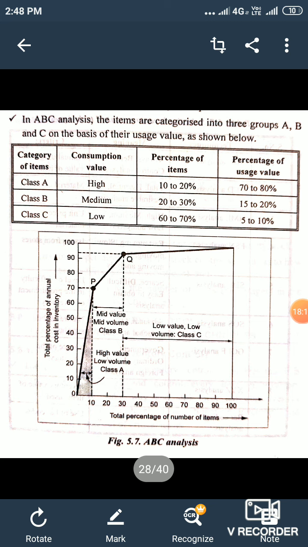Next, limitations of ABC analysis. ABC analysis should be periodically updated. And next point, ABC analysis does not depend on unit cost. ABC analysis, in order to be fully effective, should be carried out with standardization and quantification. The results of ABC analysis have to be reviewed periodically and updated.